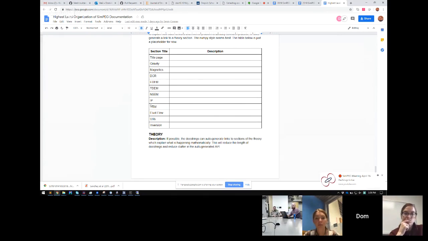When you actually want to know how it's being done, those details should exist somewhere. So I think in the API or in the doc strings, when that gets auto-generated, we'd be able to make it so that when it shows up on the website, there's a link, and that link could go to the theory section. So it'd be readily available, but it wouldn't be making these pages very, very long.